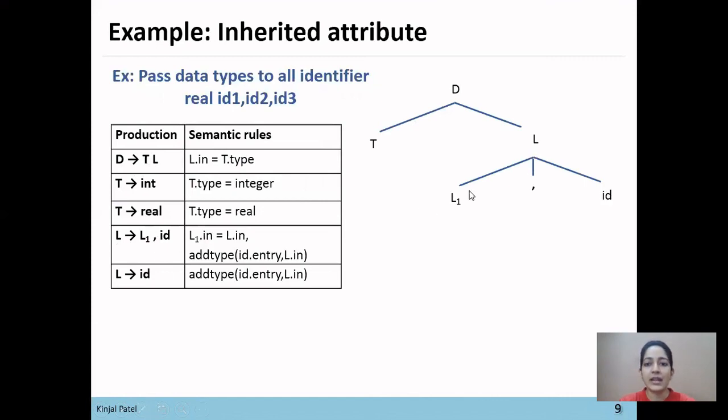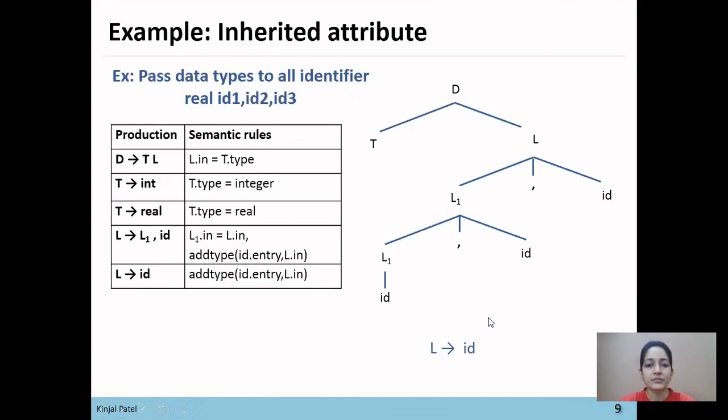So from this L we'll parse L1 comma ID. Now we want to parse two more ID, so we'll again parse L1 comma ID from this L1. Okay, as two IDs have been parsed, now to derive one ID, we'll directly replace this L with ID. So L1 derives ID using the production L derives ID.